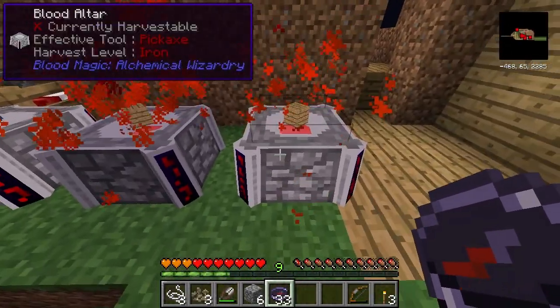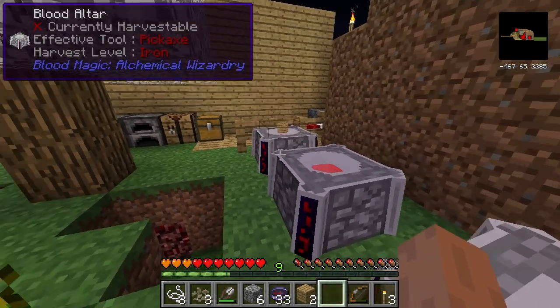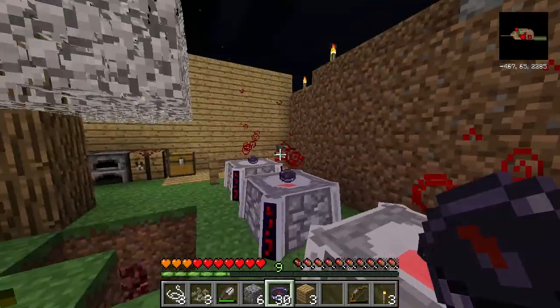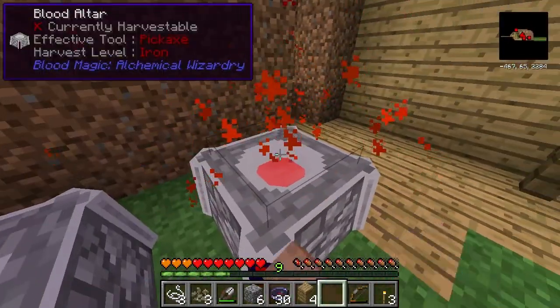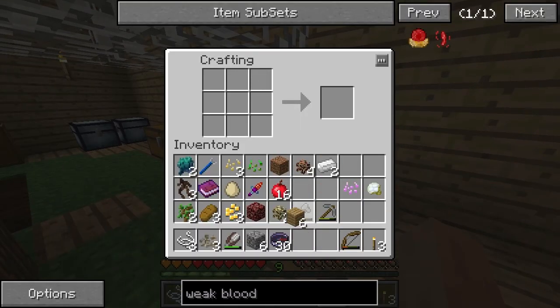I made a second one of these. See, I did make the blood orb already, but when I died I actually lost it. That was probably the most valuable item I lost during the few deaths I had. Alright. So I guess...